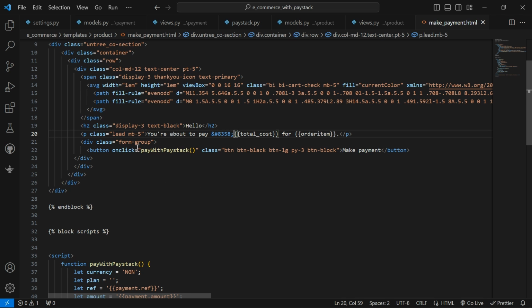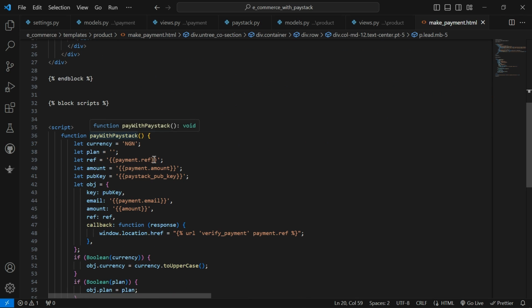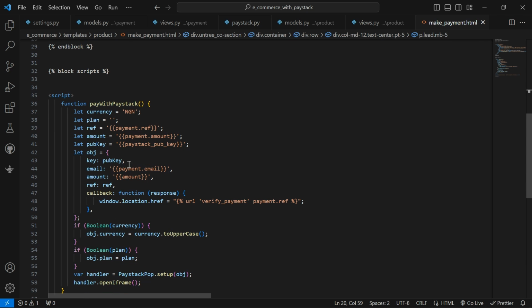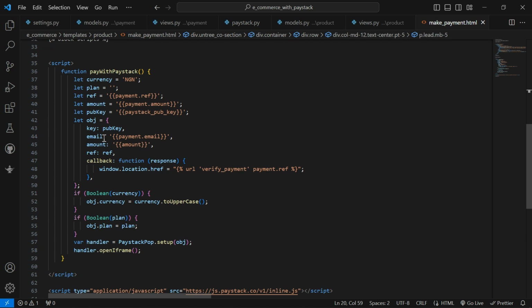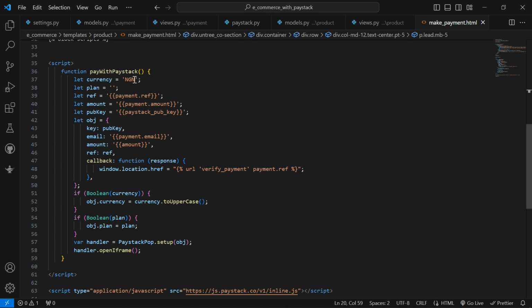So this is the way I handle the make payment, and this is the way I handle the pay with Paystack function of the JavaScript aspect of it. Just to save time, the code is very understandable. All we are doing is pulling up the information that we set in our context, setting it here and calling on the Paystack